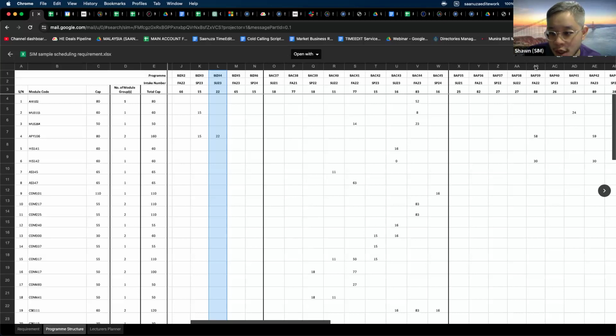And then column AE and column K, we put them together, 59 plus 15. So it will be 74. So in this case, it will be quite balanced. 74 versus 80 is quite balanced, I see, these two groups. But that may not be the best combination that we can get, because with that